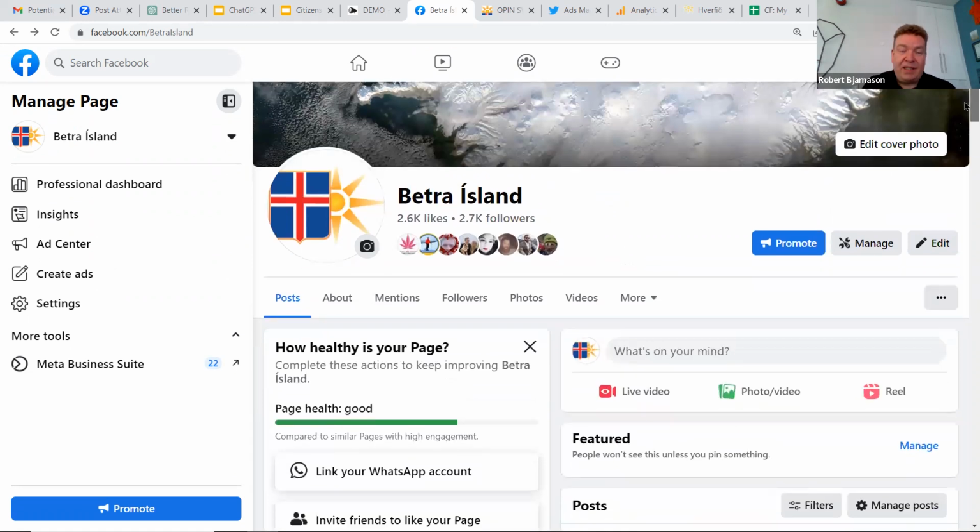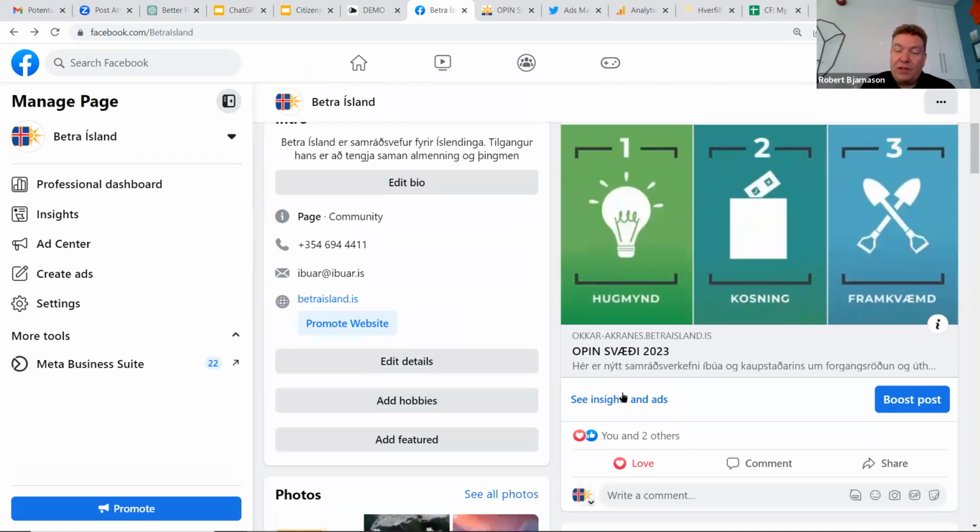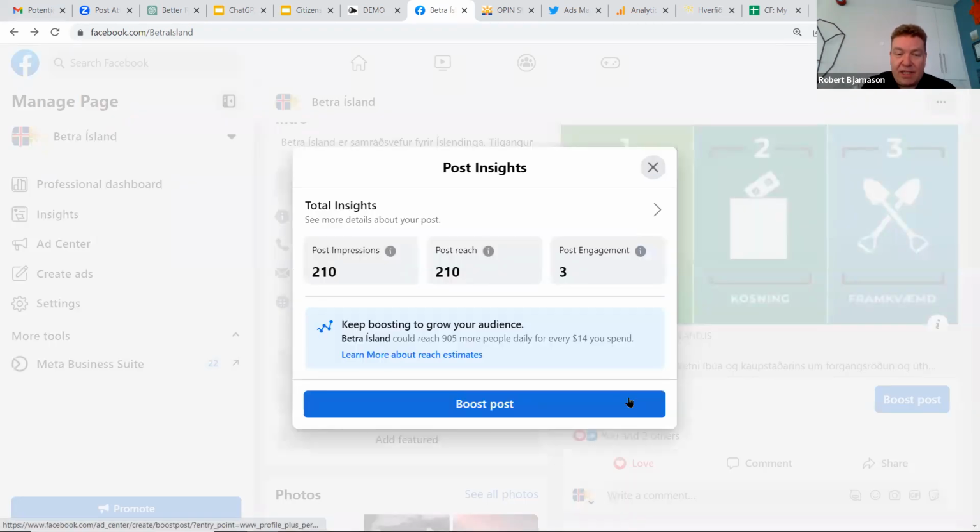And even if you have a page, let me see how many. Yes, we have 2,700 followers here, and if you go into the insights, I posted this yesterday. You can press insights here. Out of those 2,700, actually 210 saw it, and I think that's actually high. I would expect that to usually be 80 to 90, but I haven't posted anything for about a month, so I think they showed it to more people.